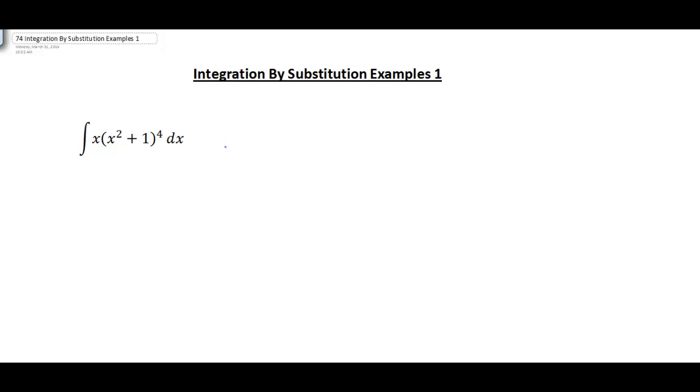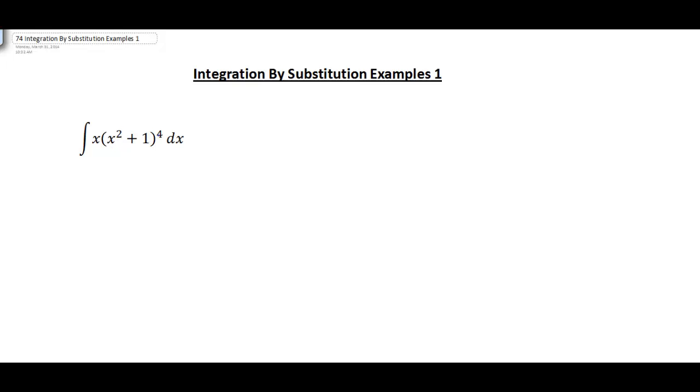Here in this video, I'm going to look at a few more examples of integrating using u substitution. The example we have here is the integral of x times (x squared plus 1) to the fourth dx. And we need to determine what we are going to let u equal. Because if we don't use the u substitution, the only way we could integrate this is if we took x